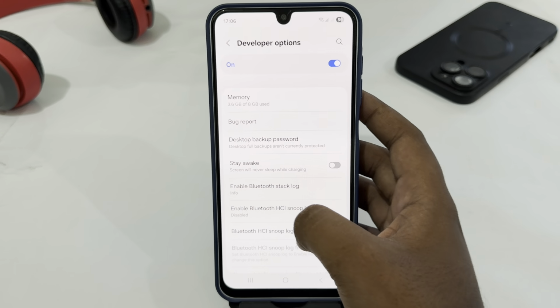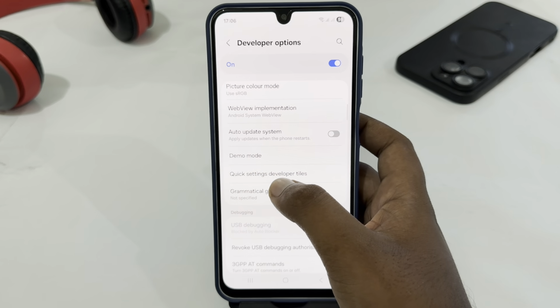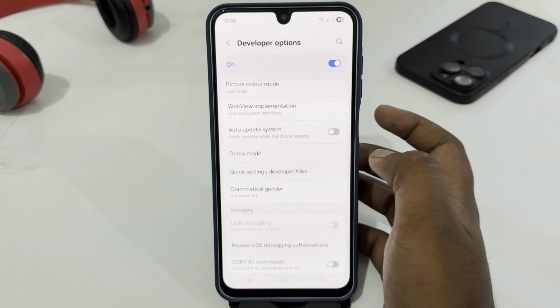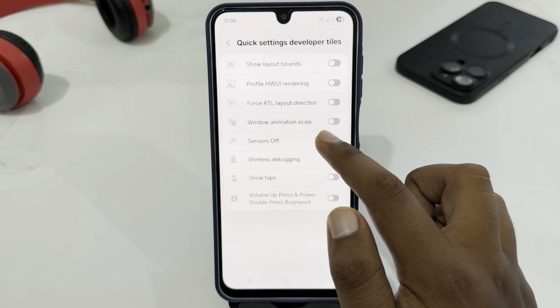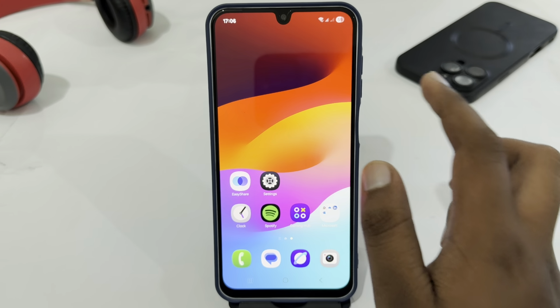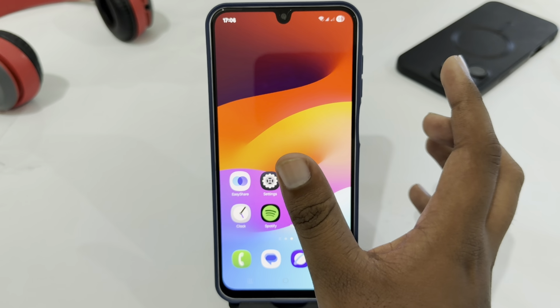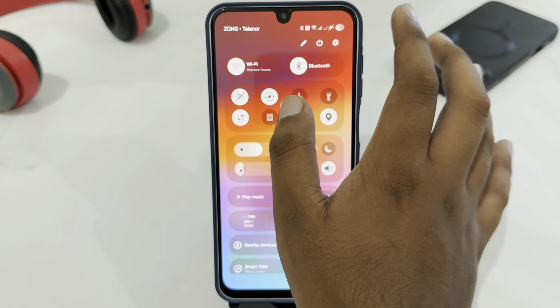Just tap on it. And here you must look for Quick settings developer tiles. Just tap on it and here you'll get Sensors Off. Just tap on it. So after that just go back, go to the home screen, scroll down your control panel and